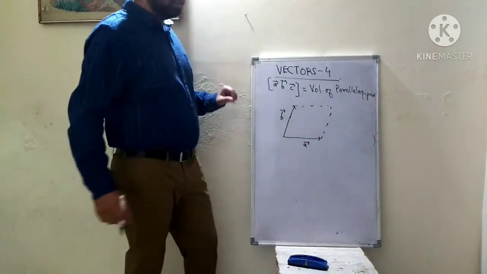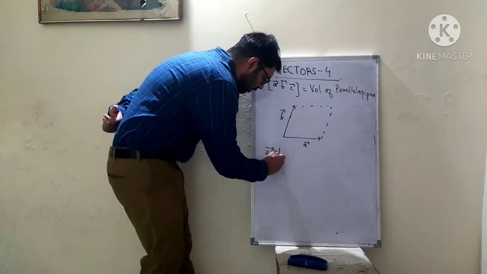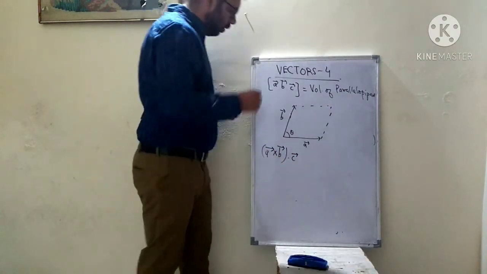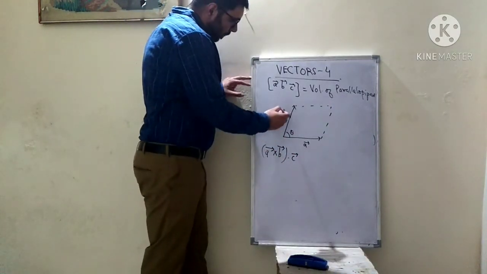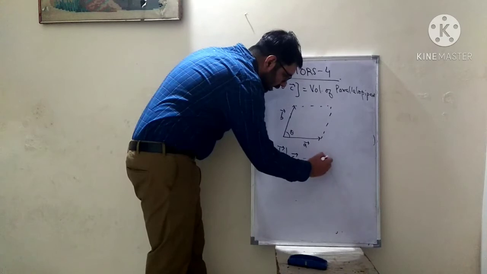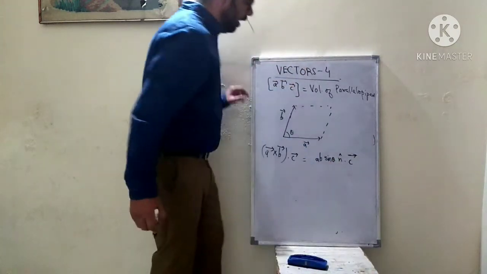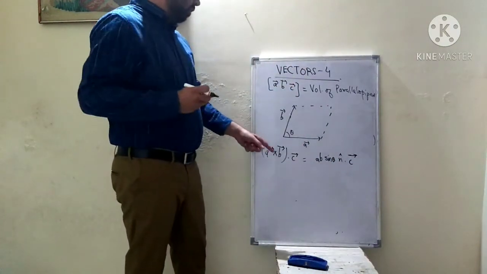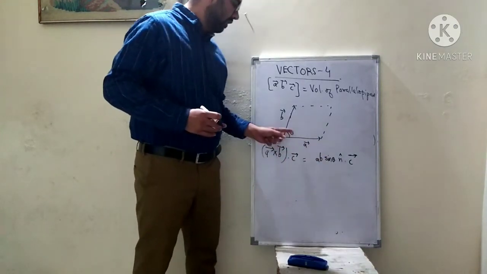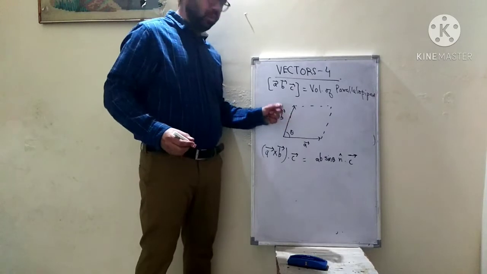I will explain the proof of how this is possible. If we want to calculate the scalar triple product, we take A cross B and dot C vector. Suppose this angle is theta. I can write this as AB sine theta n cap dot C vector. Because for A cross B we already know that the magnitude is AB sine theta, where theta is the angle between the two vectors, and n cap is a unit vector perpendicular to the plane of these two vectors.